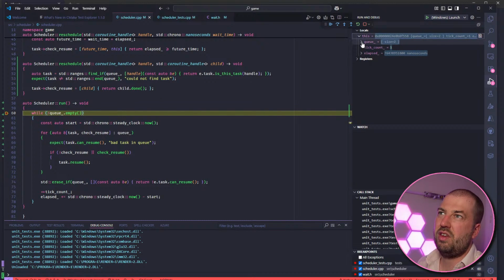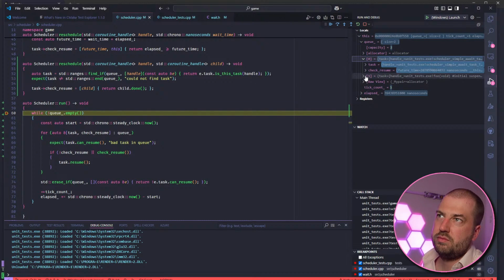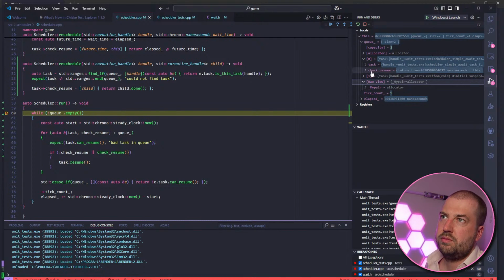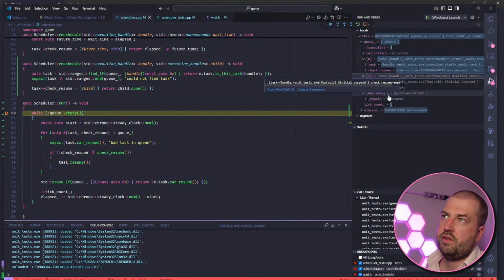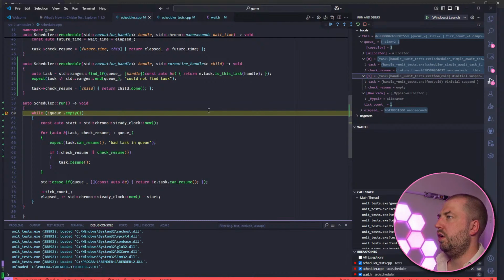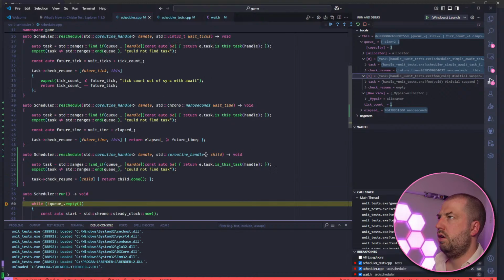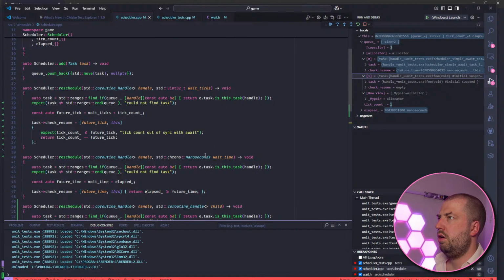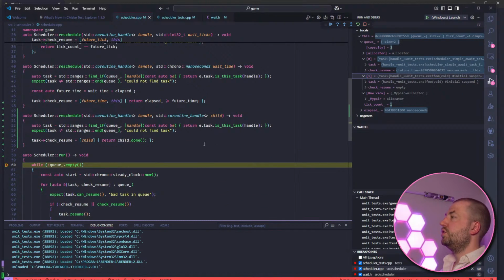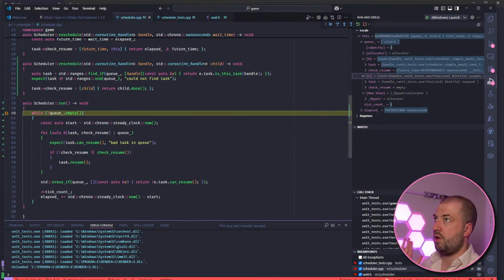Can I see what those actually are? Why does it put them in that order? Oh, of course, because the parent one has the resume updated because it's waiting on the child. That's fine. So we can see here that the first task that we put in now has a check resume function, which is checking on the child, and the child is the second one, which doesn't have anything. So the second one should be resumed at the end, going through this, right?